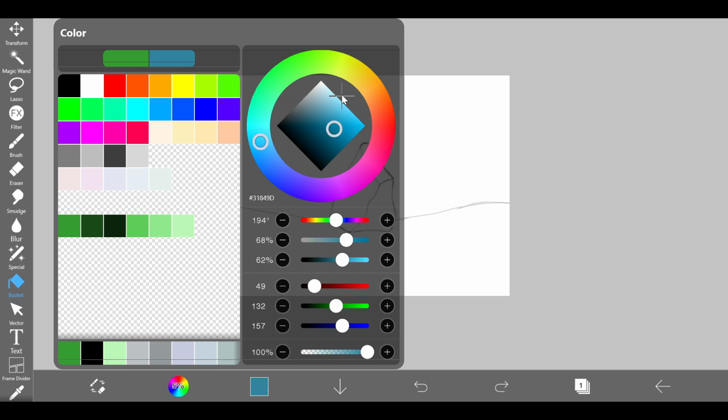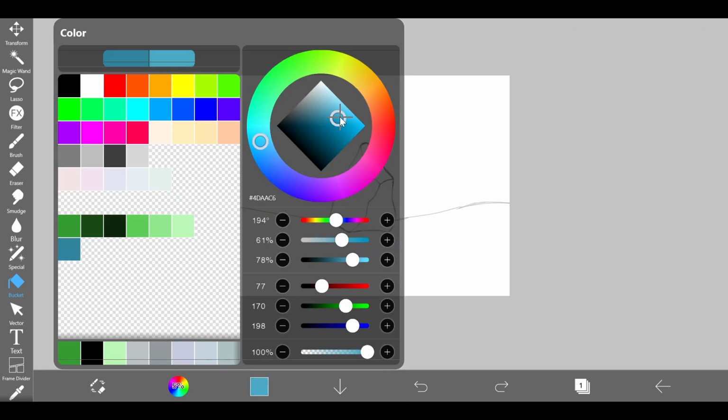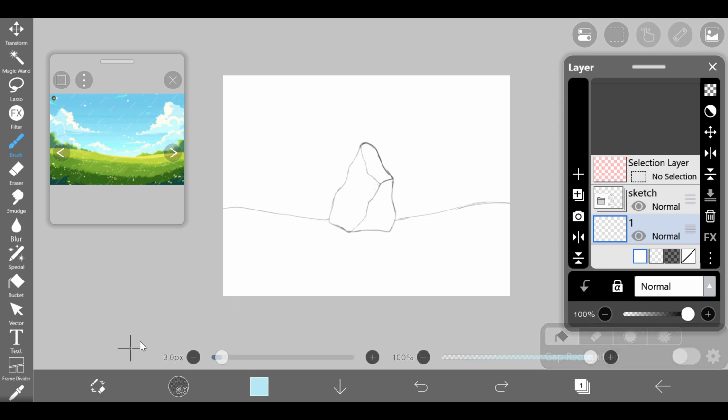I'm just going to select this blue, and the light part I'm going to shift a bit in this color, and this is going to be the highlights color, and for the clouds is white color, and for the magic stone color, let's pick